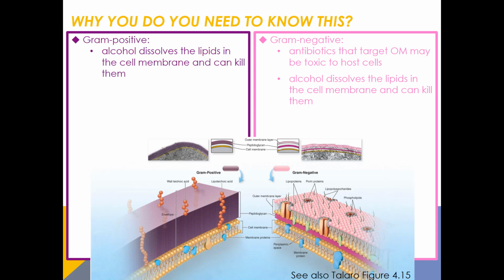But also, if we were to target the outer membrane of a Gram negative cell, because it's composed of phospholipids, and because all cells have a cell membrane composed of phospholipids, prokaryotes and eukaryotes alike, if we were to give somebody a drug that would target the outer membrane of a Gram negative cell by targeting those phospholipids, we may also be taking a drug that's toxic to us. So more information is taken from a Gram stain other than just positive purple peptidoglycan.